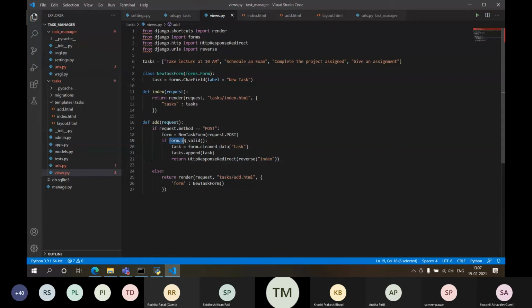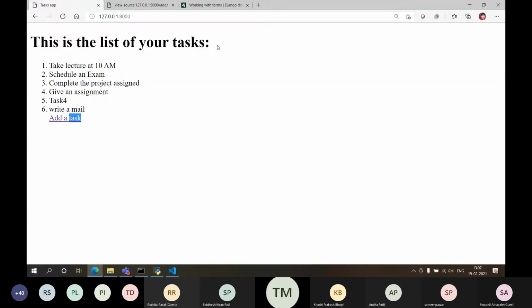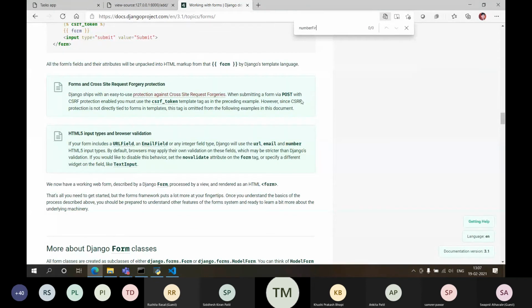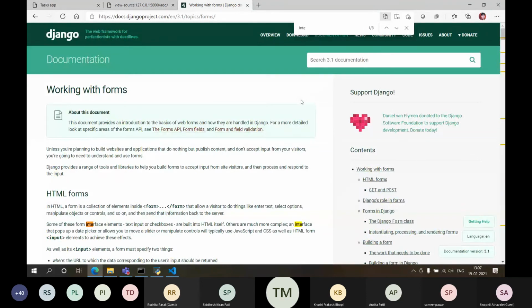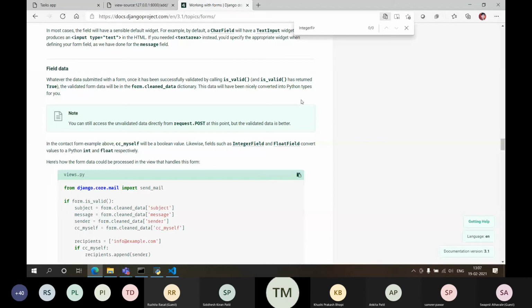I have written something like form is valid. Okay. What do you mean by form is valid? Let's say, mm, priority. Priority. Okay. And form dot, I want a number field. Okay. Number, working with forms, right? Integer, integer.